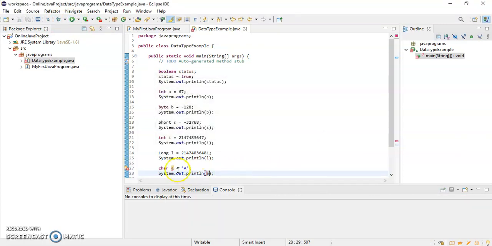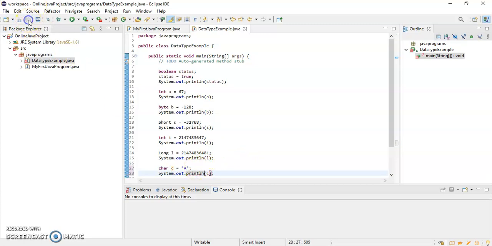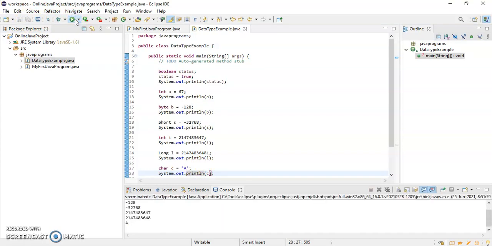Some error is there, so I'll give some value like this, c, and I'll change it to c. It was throwing error because we had duplicate variable names. Okay, so now if I run this, I'll get the output.